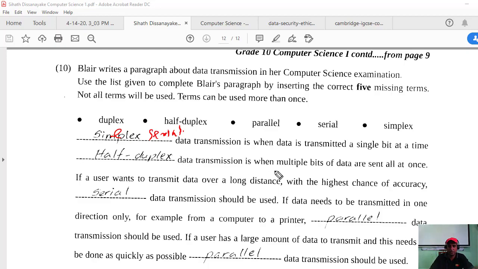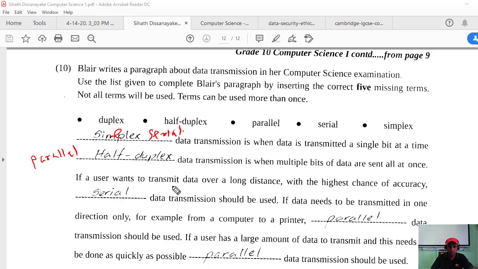Half duplex data transmission is when multiple bits of data are sent at once. That is called parallel, no? We will check later with the answer sheet.